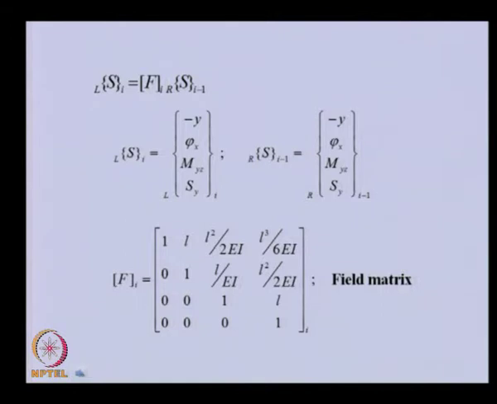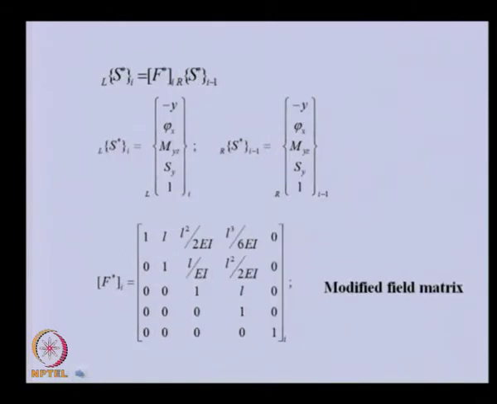If we have external force, then as we did in the torsional vibration case, we need to modify this field matrix by adding one identity at the lower position. So, basically we are adding 1 equal to 1. You can see this field matrix is added with all 0 except the diagonal term, and here also 0. So, again if we substitute this here and this state vector here, if we expand the last equation,